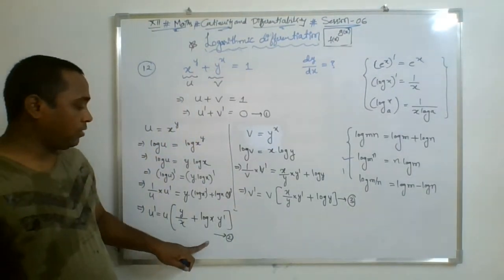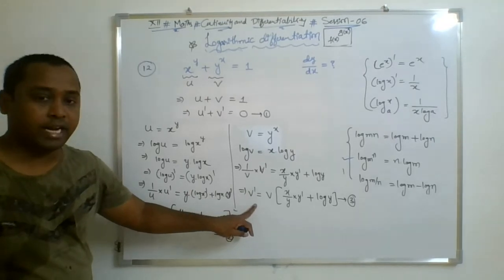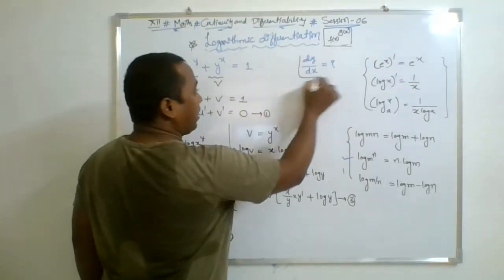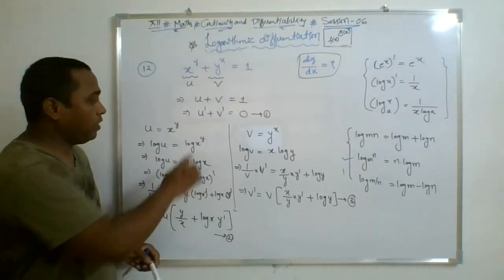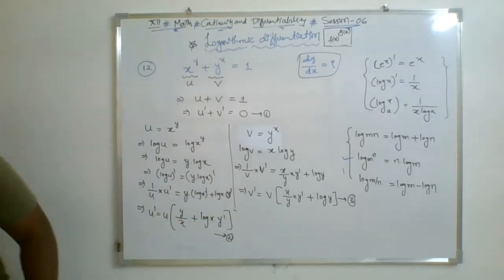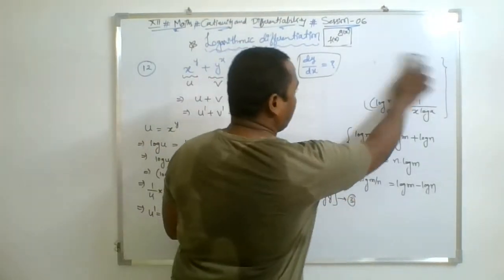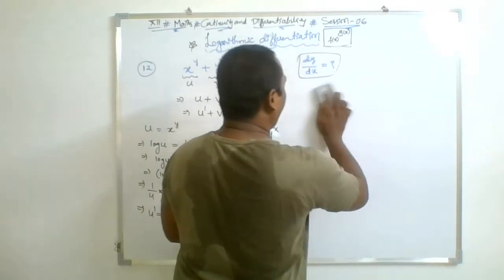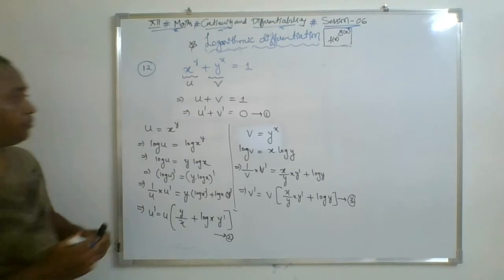Now substitute this result number 2 and 3, that is value of u dash and v dash, in the equation number 1 to get finally the dy by dx. Okay. So first we'll substitute the u dash and v dash over here and then we will solve further. So I'm just erasing this one. I may also erase this part. Now if you are thorough in the formulas and how to apply them, you will get it. Just see, look at this.